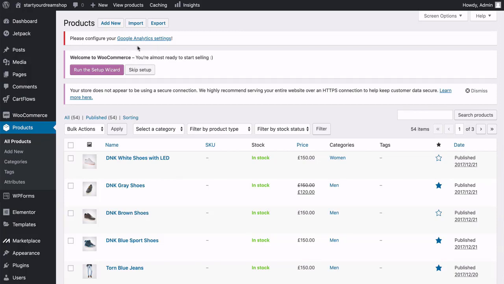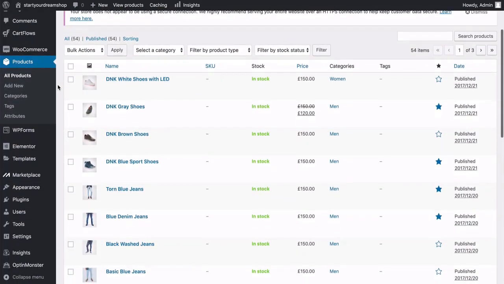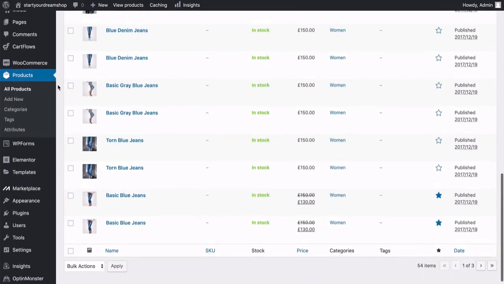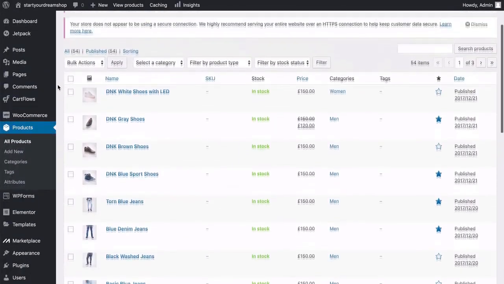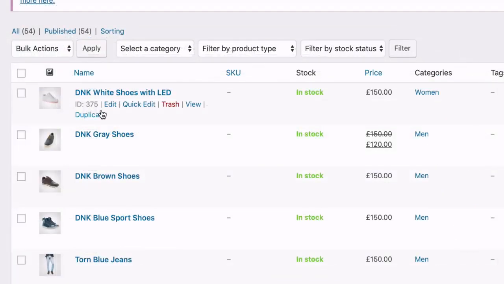And to get rid of this message, you just uninstall the plugin because you've already got the plugin installed by default. So here we are in products. Now you've got some default products already set up which came with your shop's template. And this is really good because it lets me explain how these products look and kind of function and what all this means. So obviously you've got the name of the product here, then you've got an SKU, and an